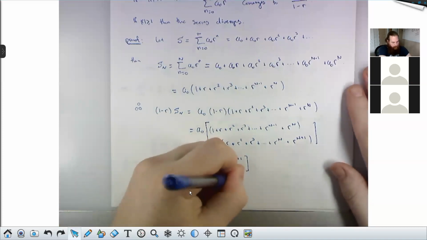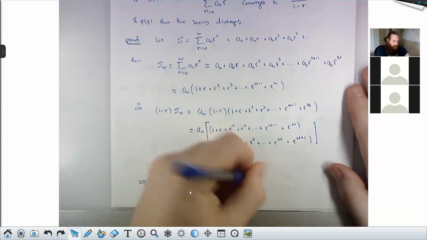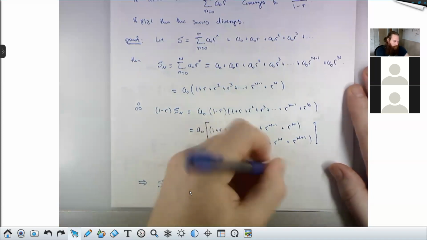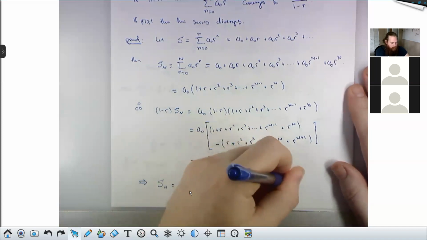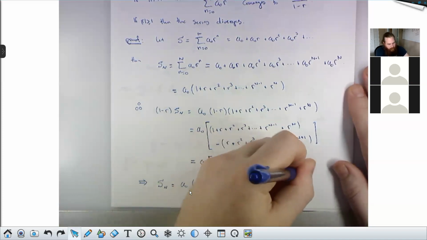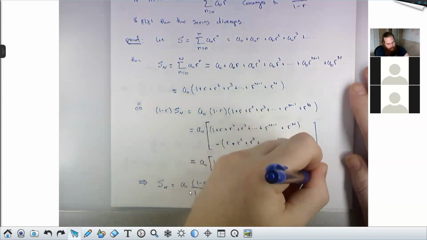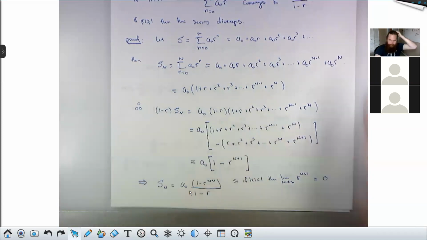So if the absolute value of r is less than 1, then the limit as n goes to infinity of r to the n plus 1 is 0, because that would be r to the infinity. And if r has absolute value less than 1, then you remember r to the n goes to 0. Therefore,